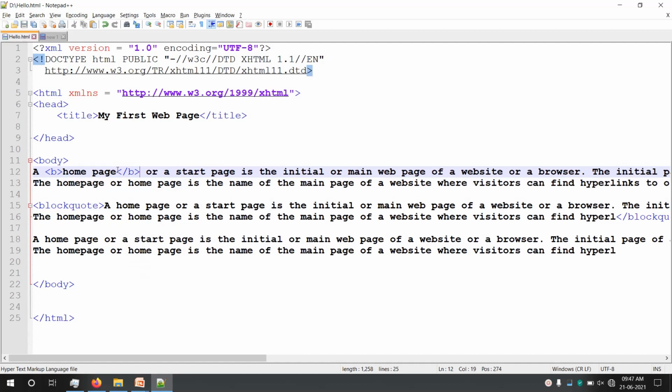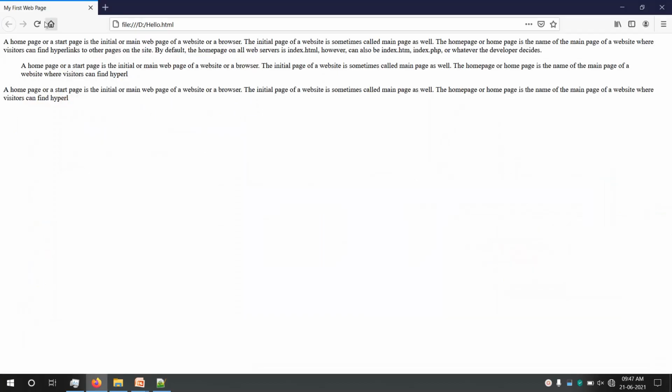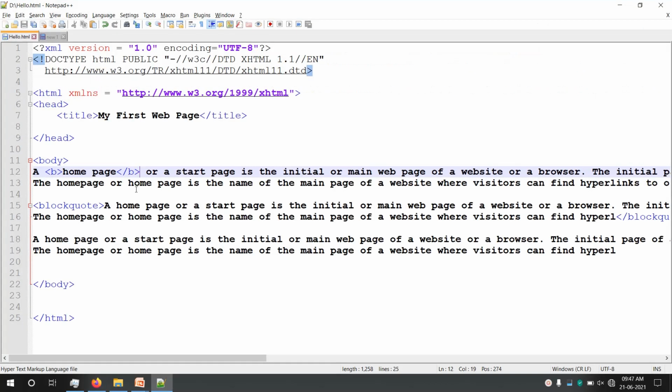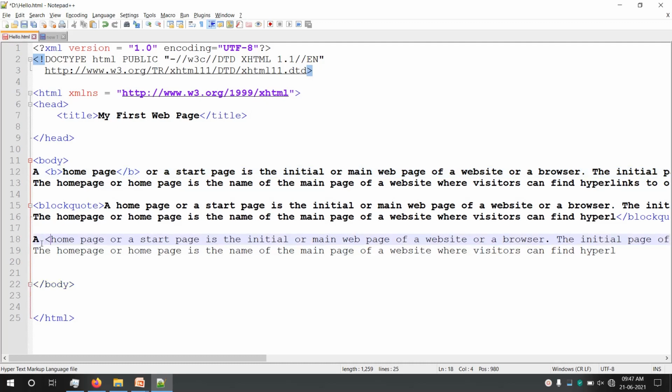Now let us check the output. Now you can see the home page has been displayed in boldface. So this is how formatting tags can be used. We have other tags too: if I want to make this home page italic, then I can go for the I tag.